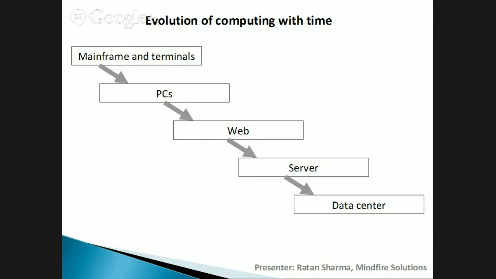Then came the era of the PC, the personal computer. Each user has got their own computer, so they can research whatever they want. Then came the web, where we connected all the PCs and became connected to each other. With time, we saw the need of servers where multiple PCs would be merged together, and we created servers and used the computing power there. And finally, that is the cloud, which we say is the data center. We combined all the servers because we needed more power than that and created our own data centers. Even two servers can be called a data center as long as they are more than one server.